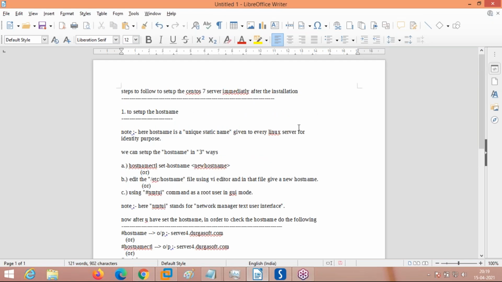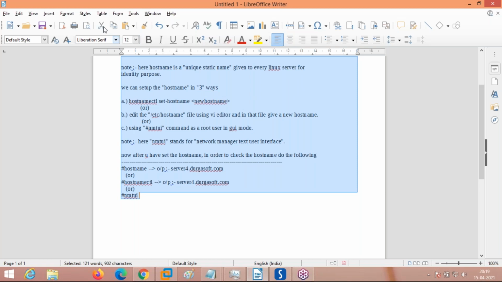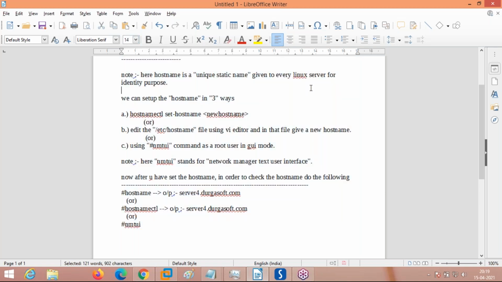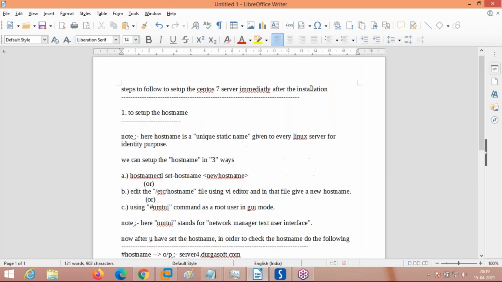I have made a small note of this. As you can see here, these are the steps to be followed to set up the CentOS server immediately after the installation.